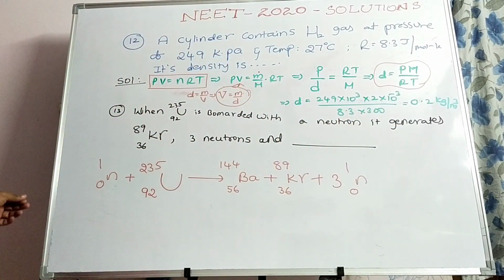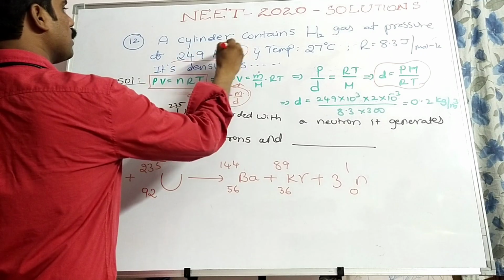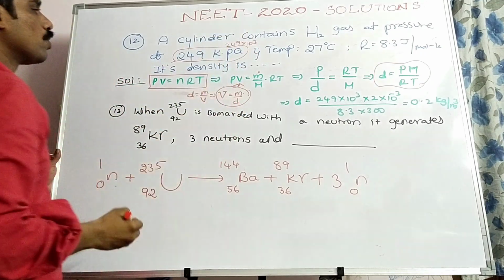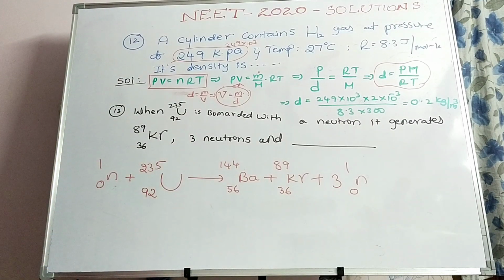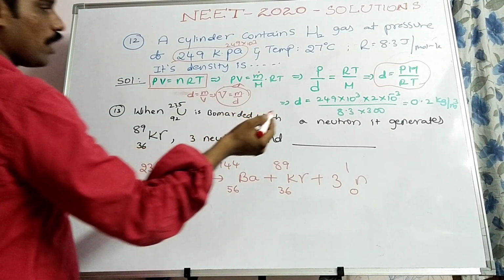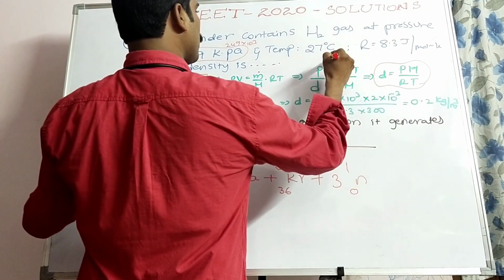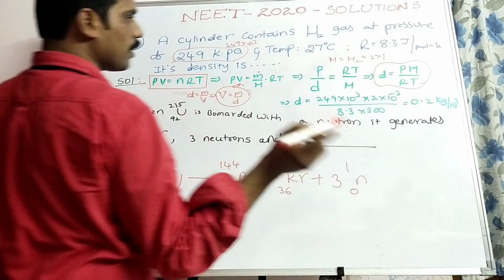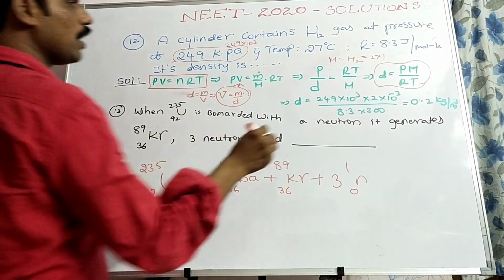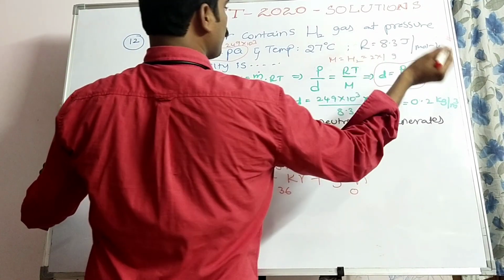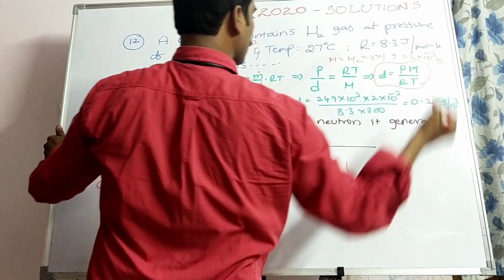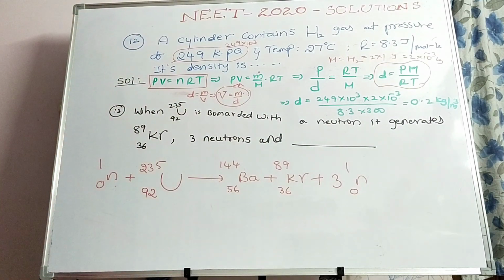We are provided with the pressure P is equal to 249 kilopascal, that is 249 into 10 cube Pascal. As well as molecular weight, we have taken 2 for hydrogen gas. Molecular weight M is equal to, for H2 gas, 2 into 1, as it is diatomic. That's why 2 into, it is grams. If it is converted into kgs, that can be written as 2 into 10 to the power of minus 3 kg. So we will get finally 0.2 kg per meter cube.